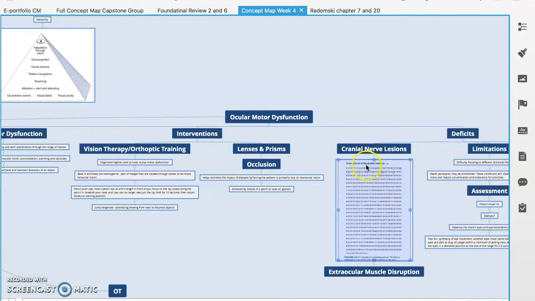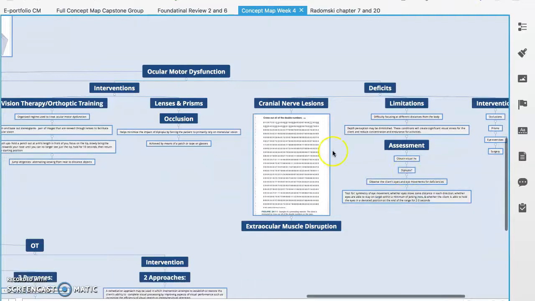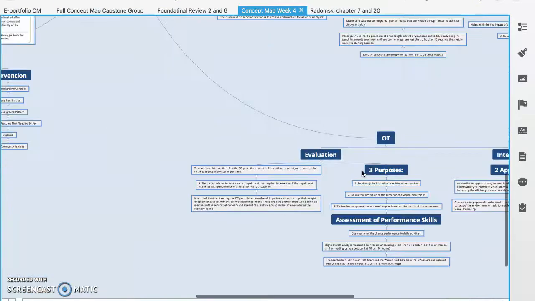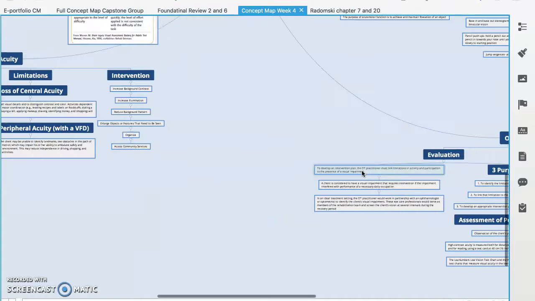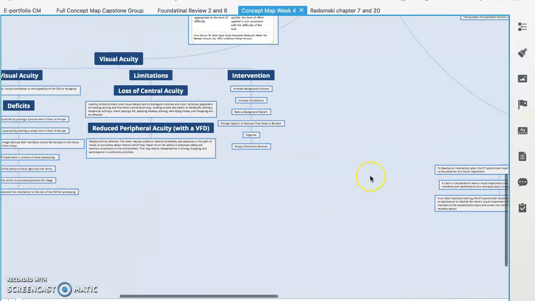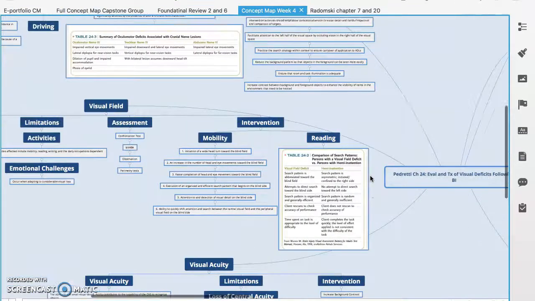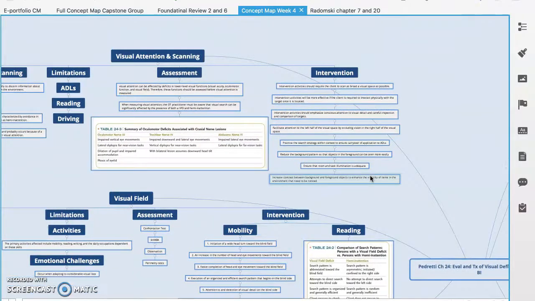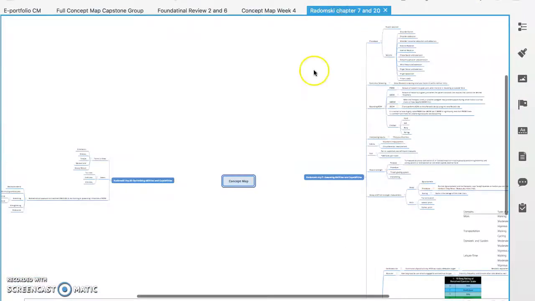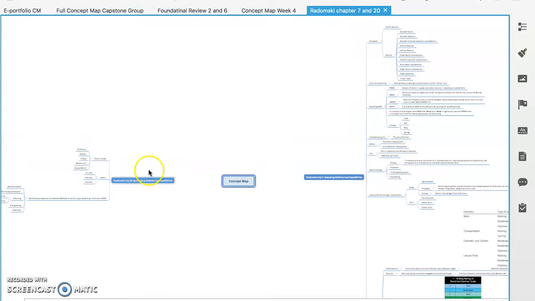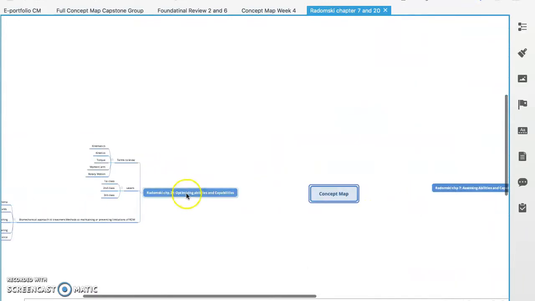See, we have like the little test here, cross out all the double numbers, so that'll be good for scanning and seeing which cranial nerve lesion. And then evaluation, visual acuity, visual field, visual attention, scanning, and then the last section we have Radomski Chapter 20,